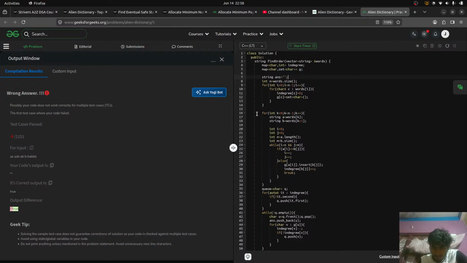Wait. Now what I do, k is 0 in the beginning, and so word of k is aa, and this is aabb, aab. I, a dot length is obviously 2, b dot size is 3, so this is 2 and this is 3, and they both are 0 in the beginning, so they equal I plus plus j plus plus, again equal I plus plus j plus plus, and then nothing happens, just do this thing, go to the next one, again the same thing happens, a I b I c I d I